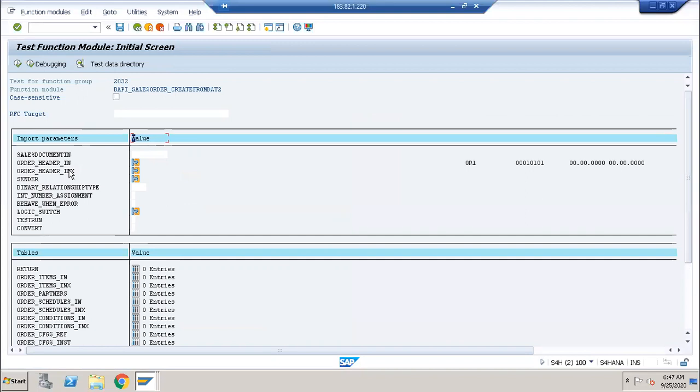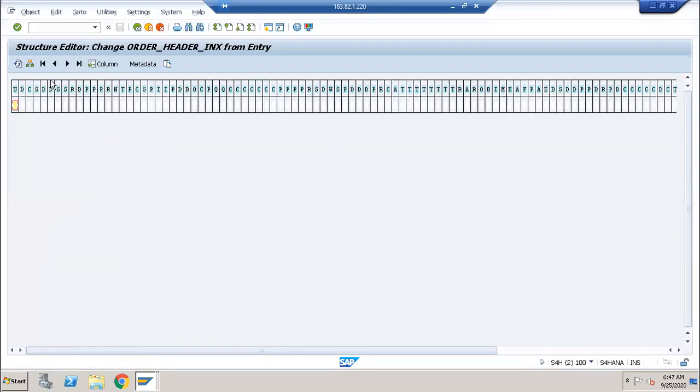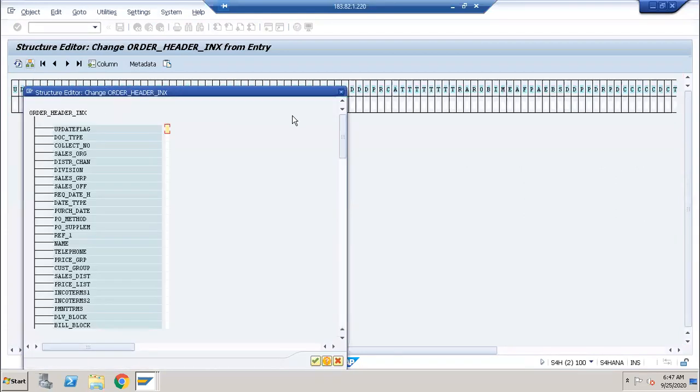We are not required to pass all the data here. In the order header IN, the fields in which you are passing the data are also available here. All those fields will be available here.